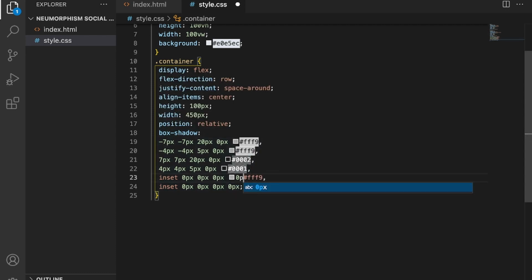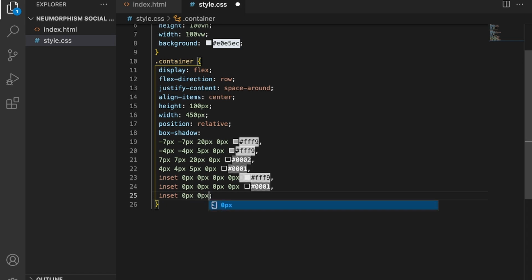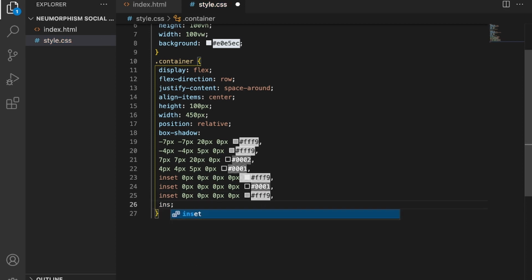Also here I will write one more value, 0 pixel, and now change the color. Again inset 0 pixel, 0 pixel, 0 pixel, 0 pixel, F9, and one more time 0 pixel, 0 pixel, 0 pixel, 0 pixel.